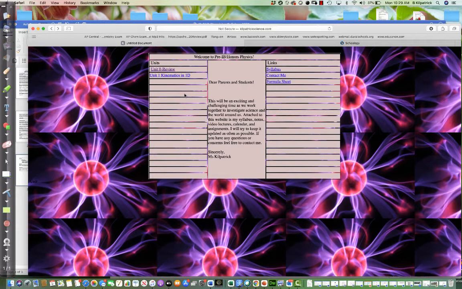For this class, because it is a math heavy course, they do need a calculator. If they have a graphing calculator, great, don't go buy another one, but really what they need is a scientific calculator that can do cosine, sine, tangent, and also scientific notation. So they will need a calculator. I advise that they get a binder just for their notes and homework packets, just to keep organized.